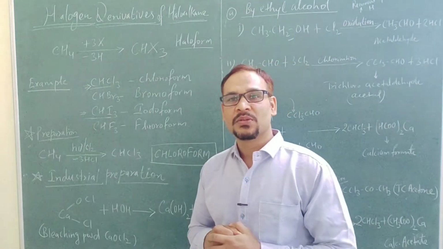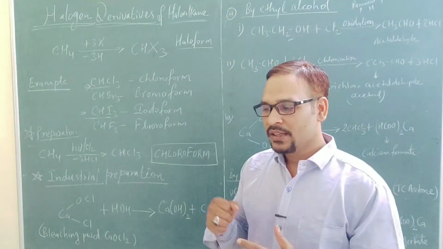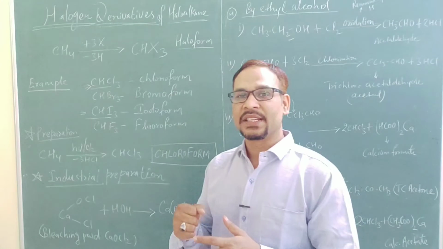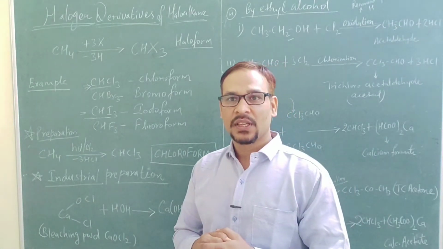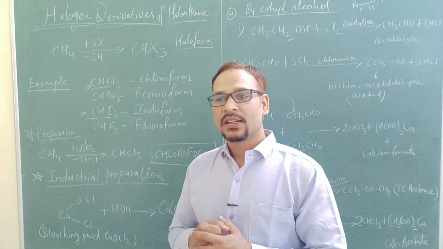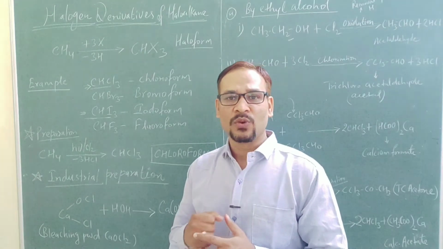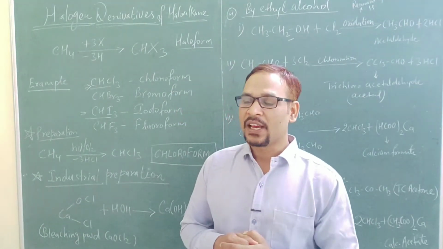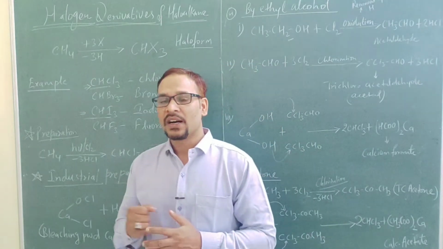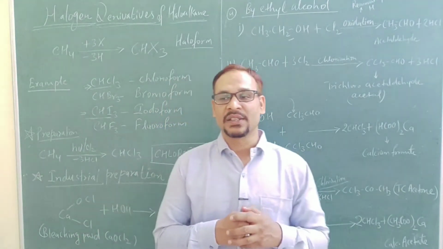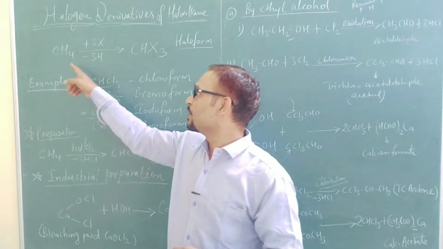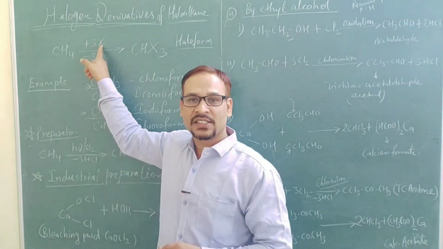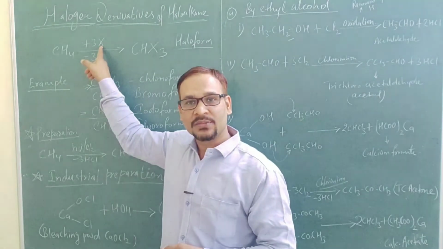Today we are going to talk about dihalogen compounds, polyhalogen compounds or halogen derivative compounds. What are haloforms? First of all we will look into what haloforms are. Haloform क्या होते हैं? See, haloform is a methane derivative, you can say. When 3 hydrogens from methane are replaced by 3X, X meaning a halogen atom,